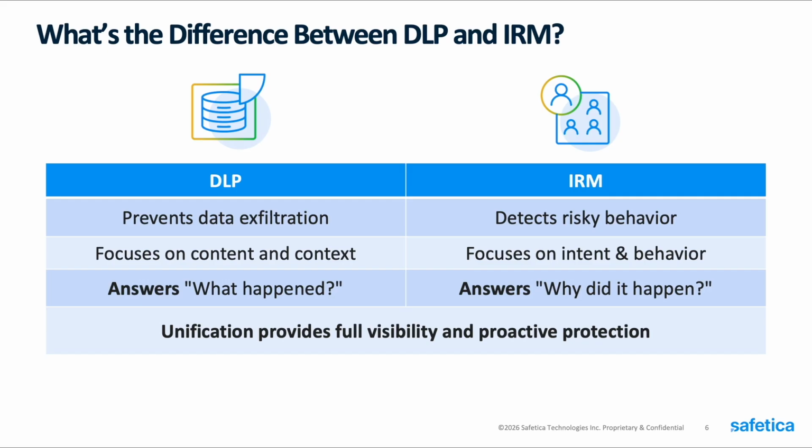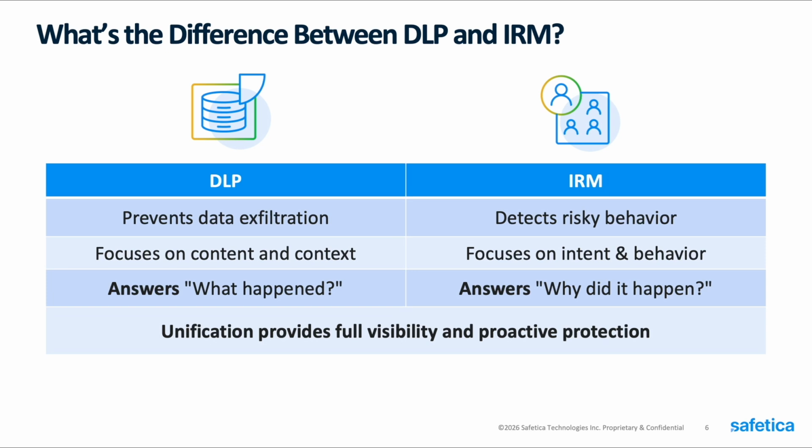And that's where IRM can also come in, or insider risk monitoring, insider risk management. Again, whatever you want to call it, still more or less the same thing. IRM is going to be detecting risky behavior. It is focusing more on the intent and behavior of the actions as opposed to the content and context, but it's probably going to be utilizing some of that. And this will help us answer, why did certain things happen? Maybe we can see a pattern of actions from an individual, which will then help us understand why they were doing this, that, or the other.